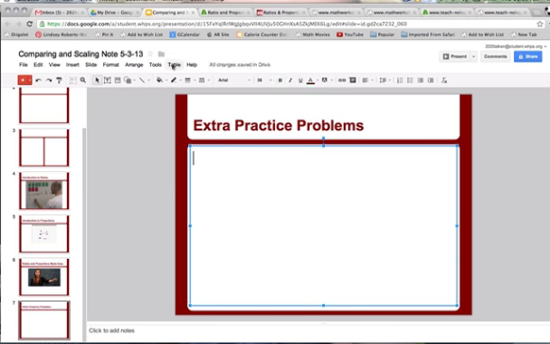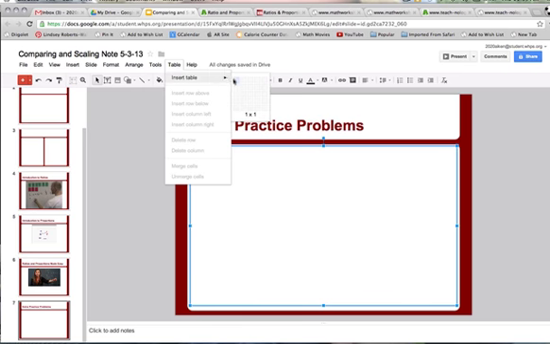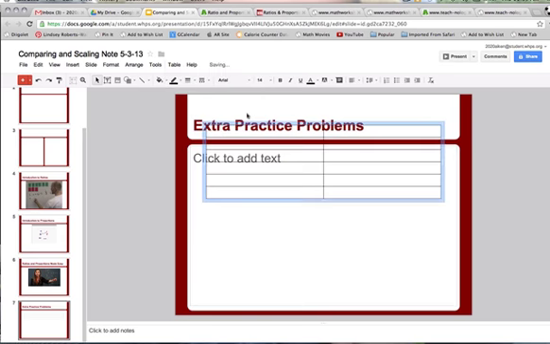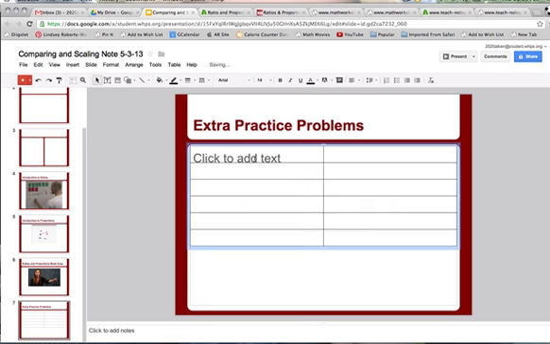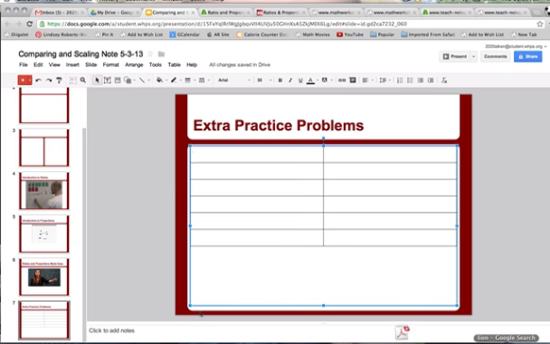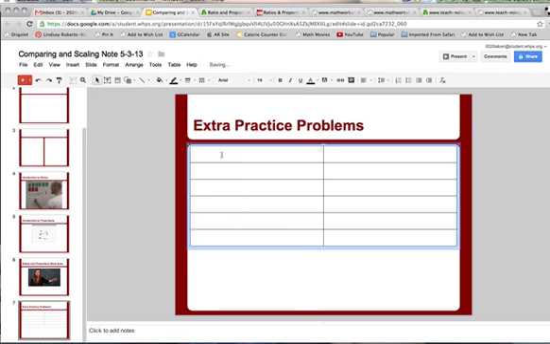Okay, here what I can do is insert a table. And I can have my table be 2 columns long, and maybe we'll have like 6 different worksheets here. Move this around, and you can resize it using the corner drag. And so here I can have, I'm just going to delete this box so it doesn't say click to add text. Here I can click here and say,